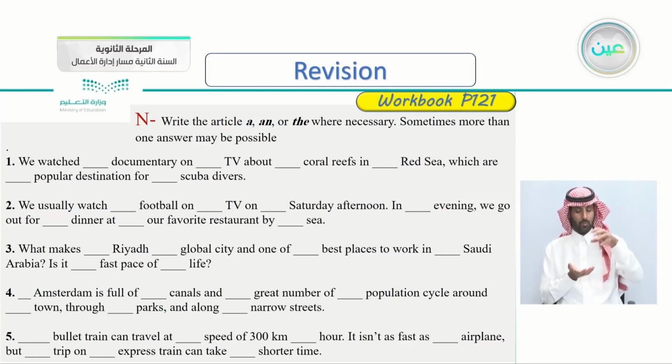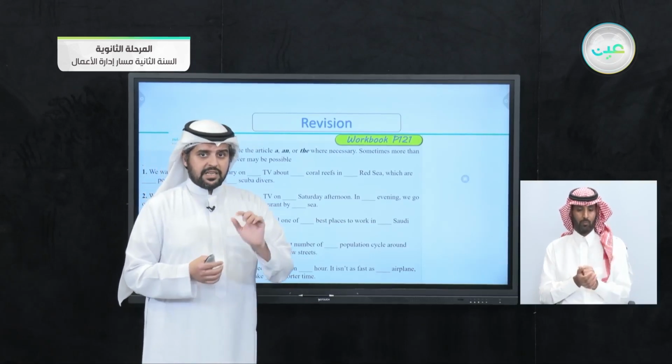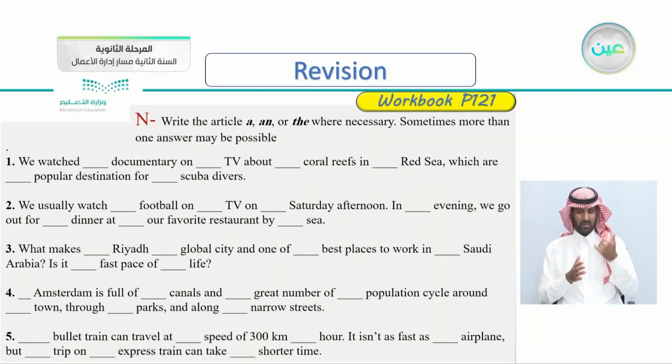Sometimes more than one answer may be possible. So in each gap, we write a, an, the, or just leave it when necessary. And remember, sometimes more than one answer may be possible. So number 1, we watched a documentary on TV. We have 2 gaps here. We watched, yes, a documentary, or you can say the documentary if it's well known, on TV, that's correct, about,